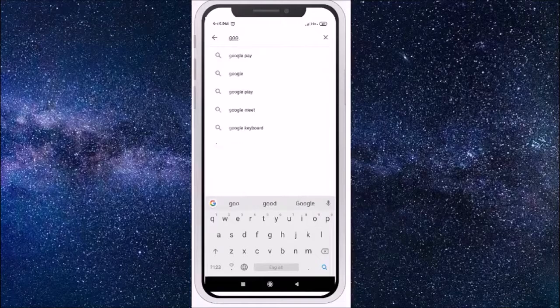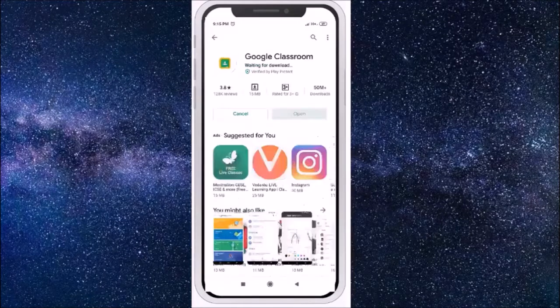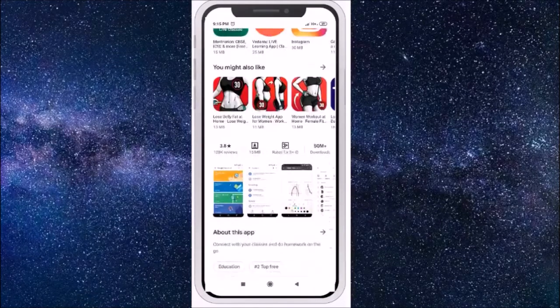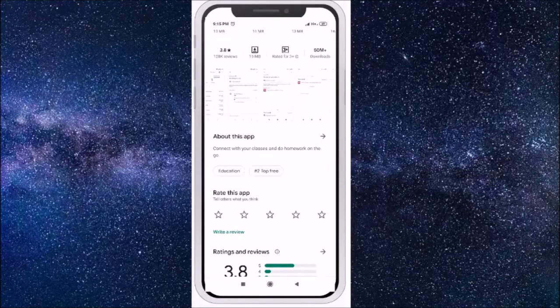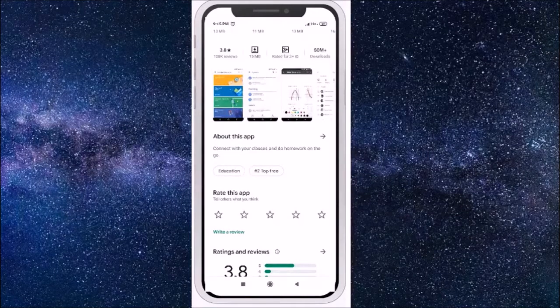So first of all go to Play Store, then type Google Classroom, then it will open the window and you can click on install. So it will take some time for installation.